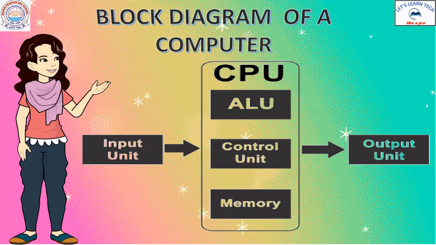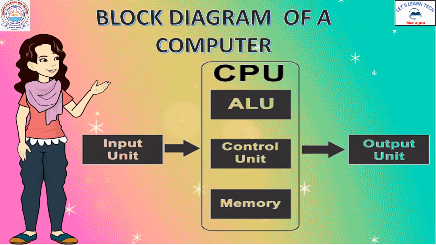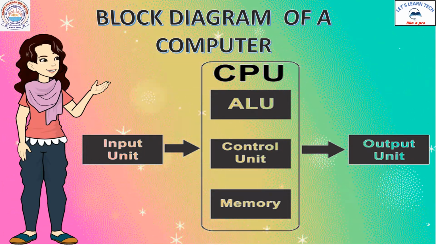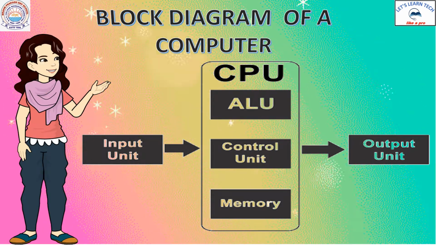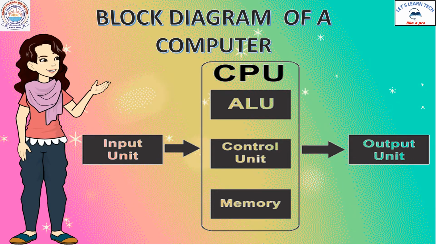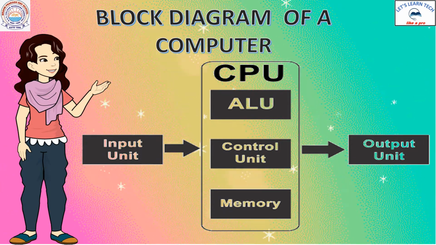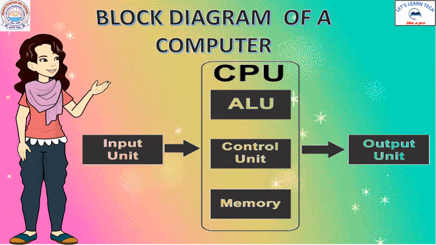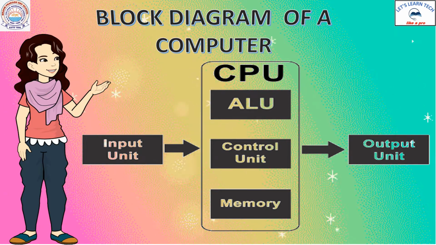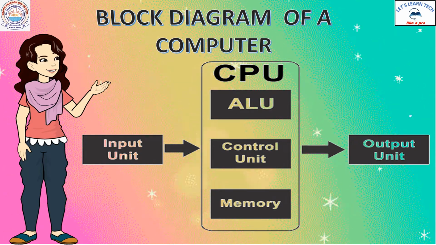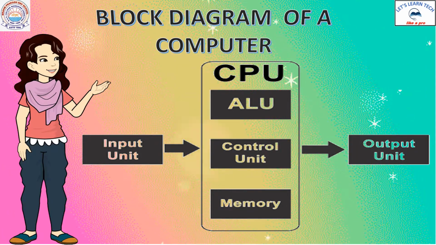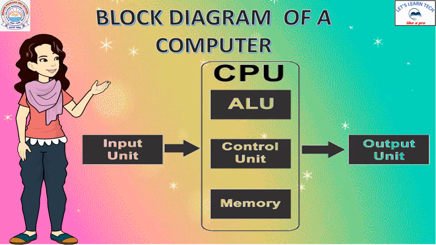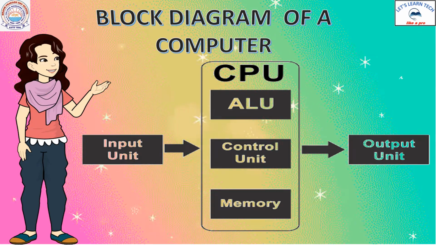This is the block diagram of the computer. The first block is the input unit. It has all the input devices in it. Next, this input unit is connected to the CPU. In the CPU, as we have studied, it has three parts: ALU, control unit and memory unit. And next, the CPU is connected to the output unit. Here you have output devices like monitor, printer, etc. All these units work hand in hand to get our instructions worked out. Yes, now the CPU has ALU, control unit and memory unit.